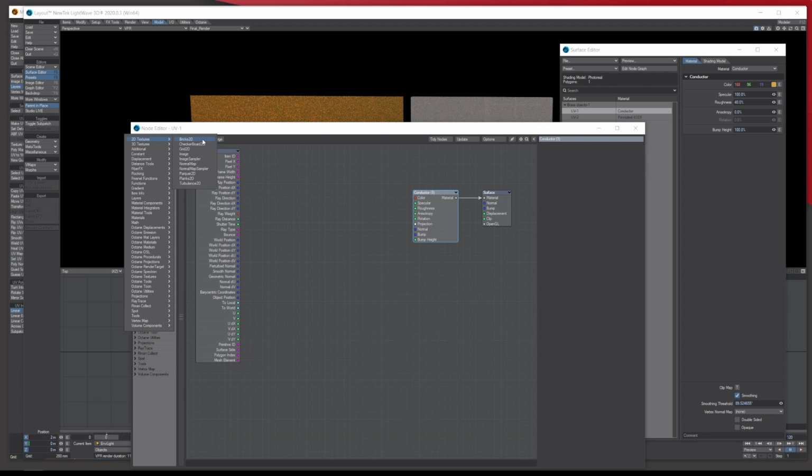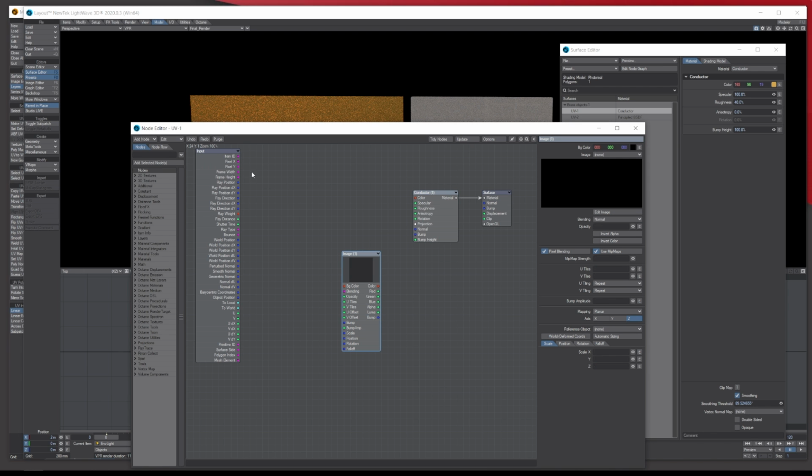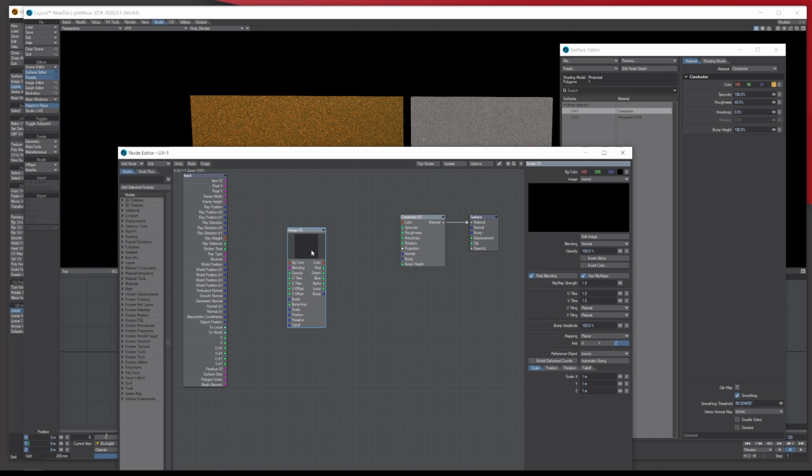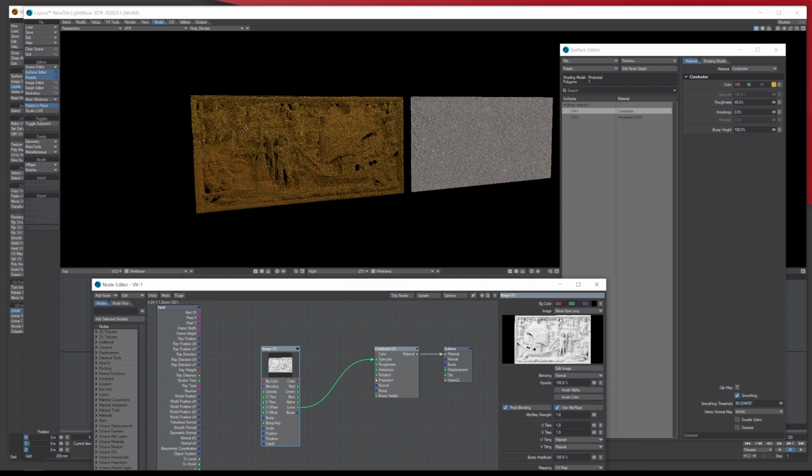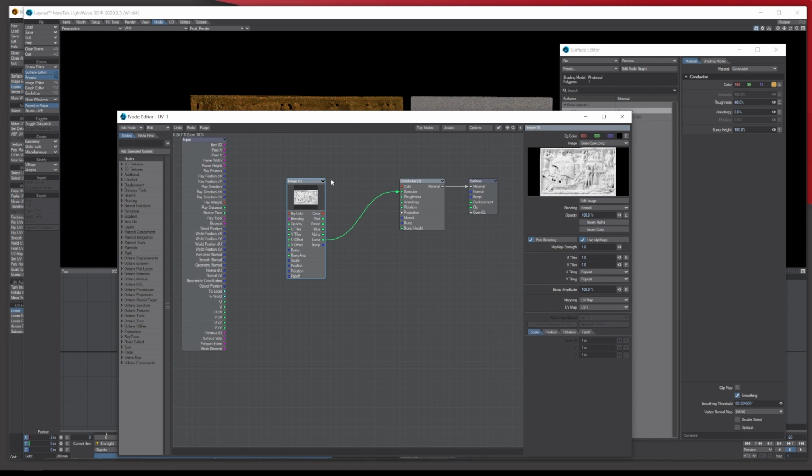So the first thing we're going to do is add an image node, and we're not using the image for this. We're just going to use a specular and a normal map. So while we're in here and it's selected, let's use that spec map. We're using the UV, and it's UV1, and then let's plug Luma into spec, and then you get this. Okay, so far. So let's do that.